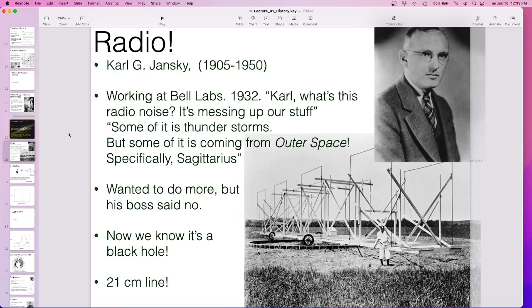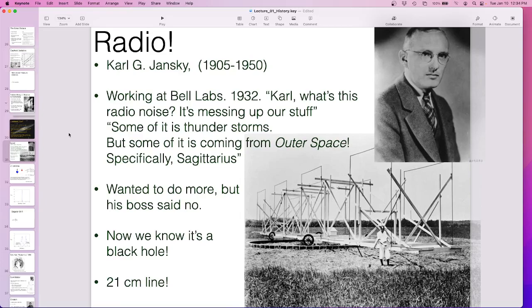So they said, let's go figure out what the noise is. Go measure all the noise in the radio bands, and tell us about it. What parts of the planet are making radio noise? You have to understand the noise if you're going to build a communication system that's going to work around the noise. So he found that most of the radio noise comes from storms, but there's one spot. So he has this radio telescope. Let's talk about this radio telescope real quick.